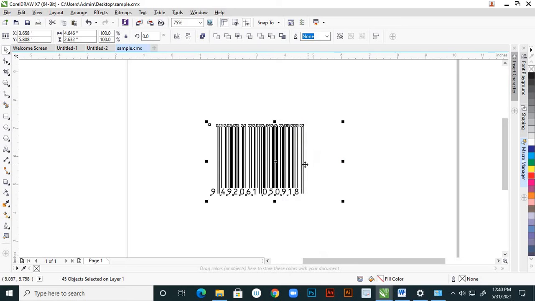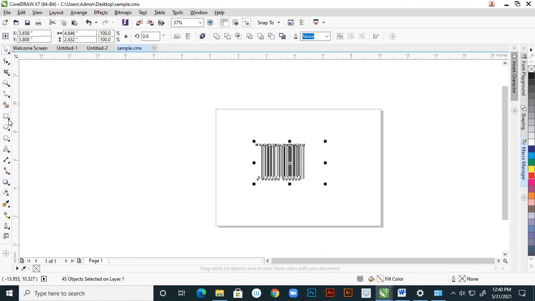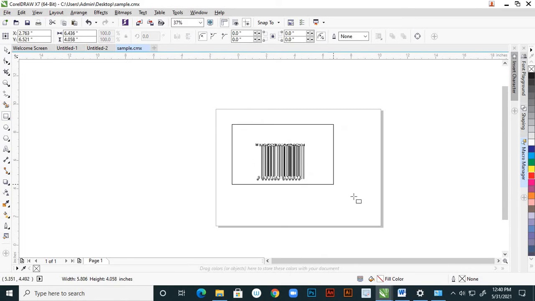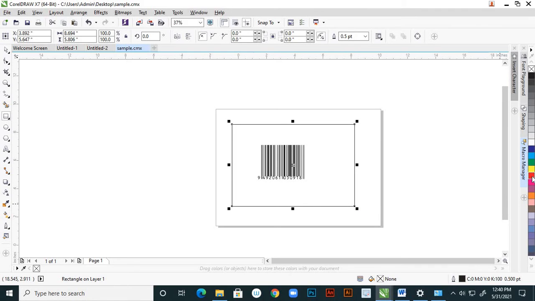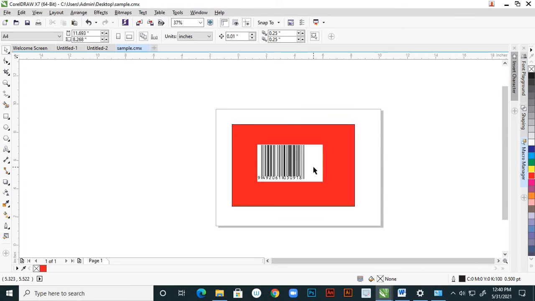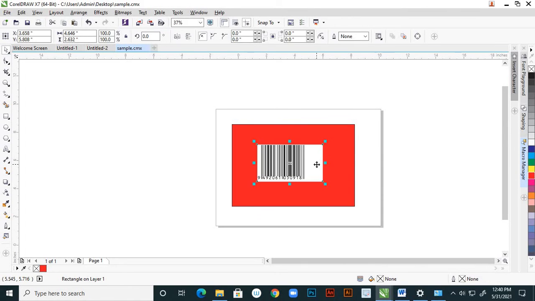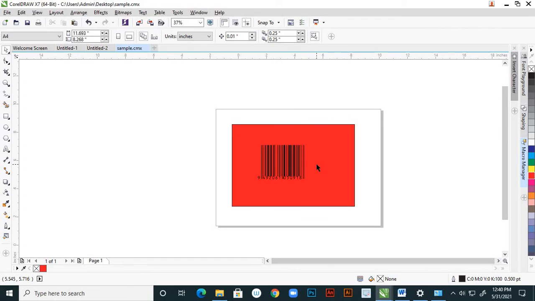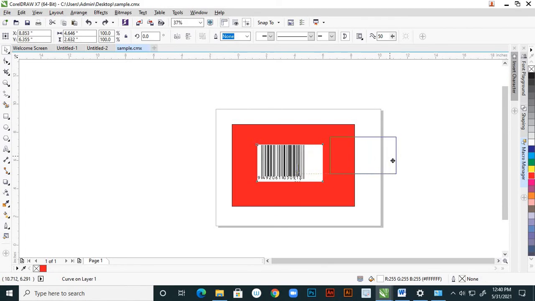Suppose if you give any background, suppose this is my background, and fill with this color, and now see this white portion we don't want, right? So you can select this, and if you want, delete it, or otherwise Control Z and keep this aside.